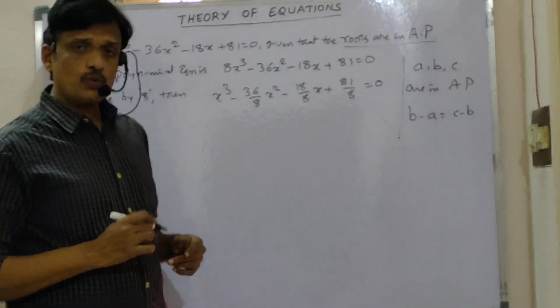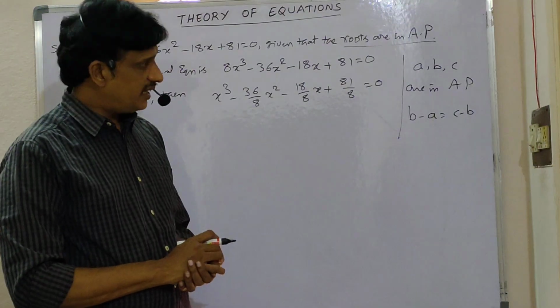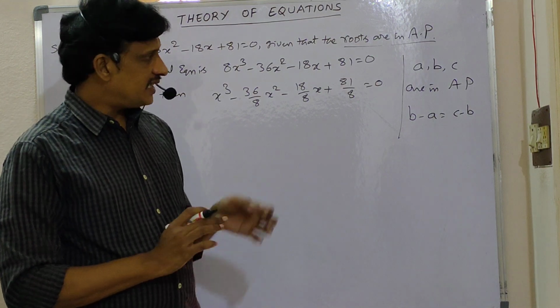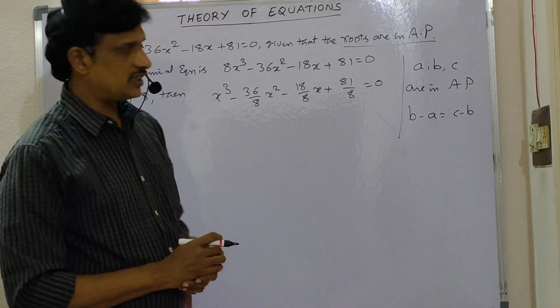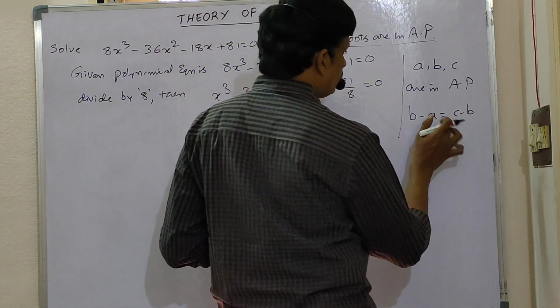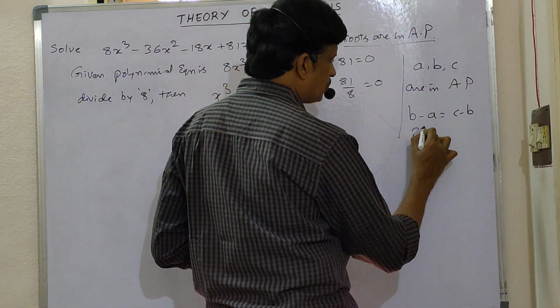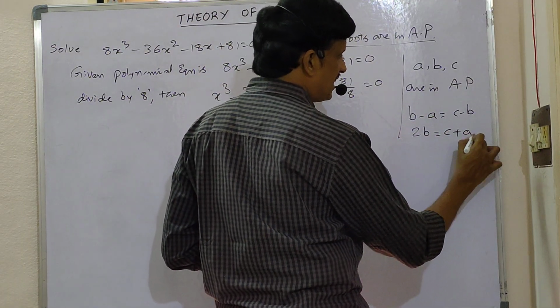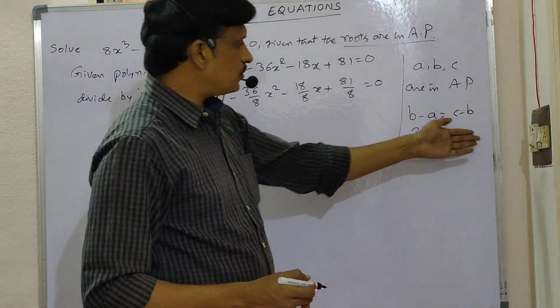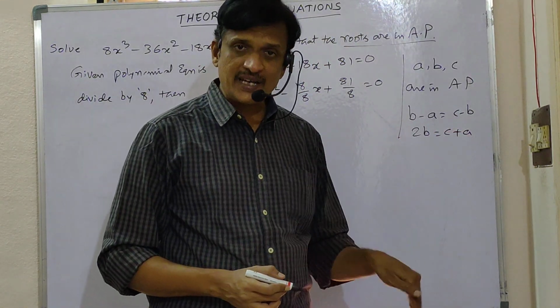Difference between every 2 consecutive values remains the same. Then that series is called an arithmetic progression. So here minus B will be plus B here. So 2B is equal to C plus A is the condition. That is why B is equal to C plus A by 2, called the arithmetic mean of the 2